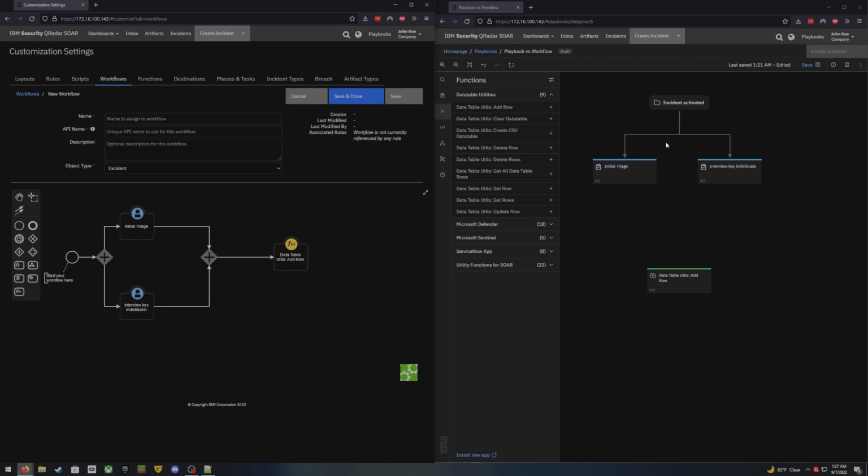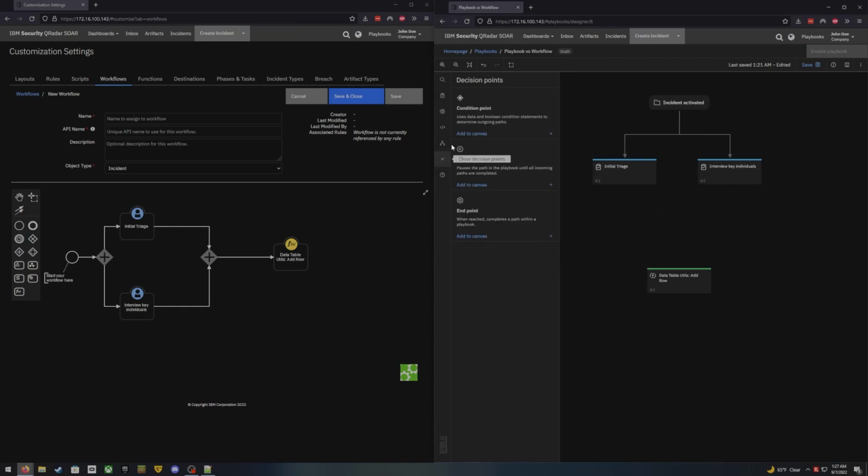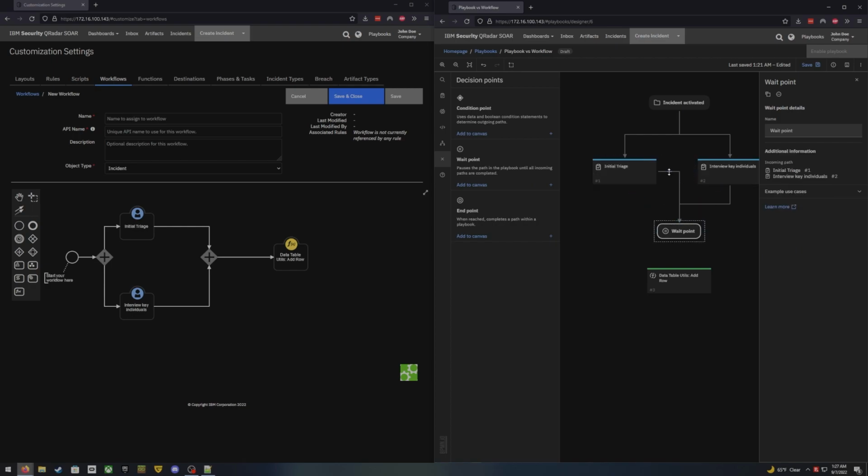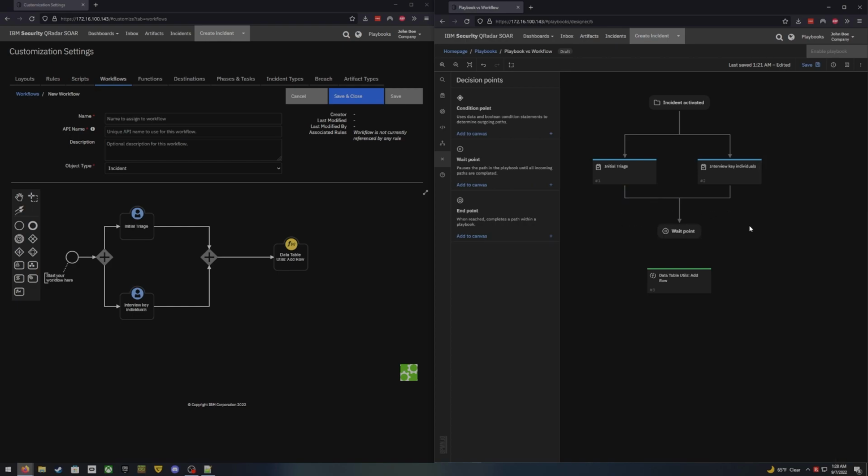Now, we would do something similar over here, except it's a decision point called wait point. We would drop this down here. We would connect these up here. There we go. Get those to match up. My OCD bothers me. All right. From there, now what we're going to do is we can connect this waypoint to here, and this is essentially the same thing over here. So both of these have to be completed to get past the waypoint,